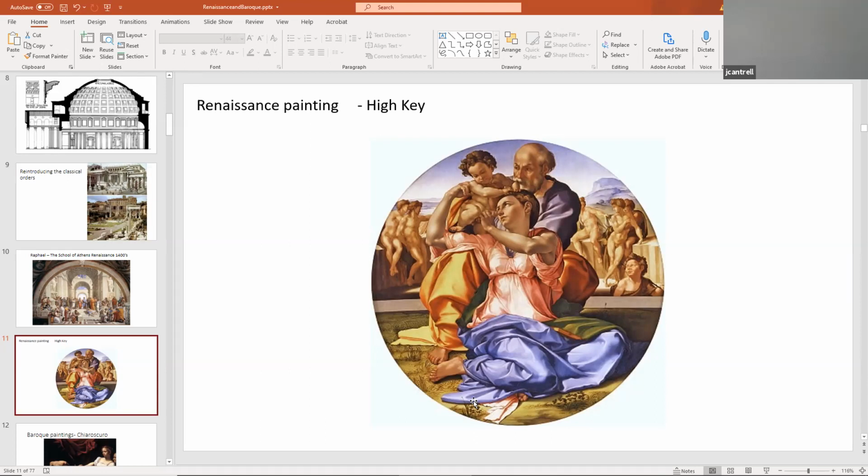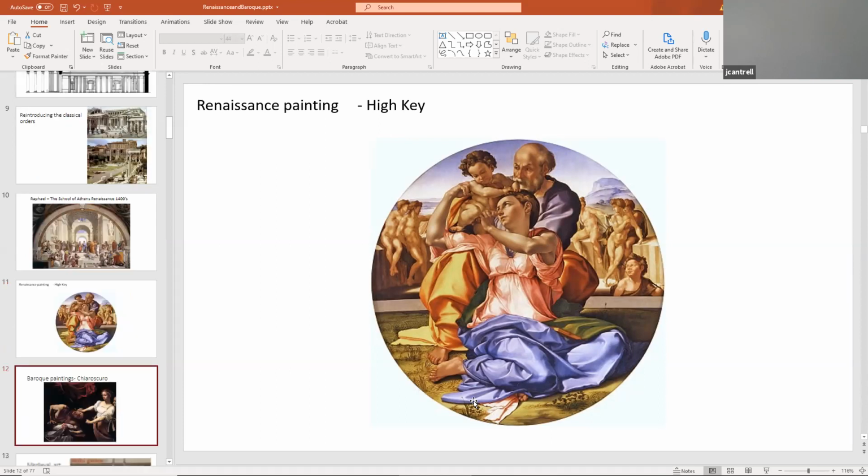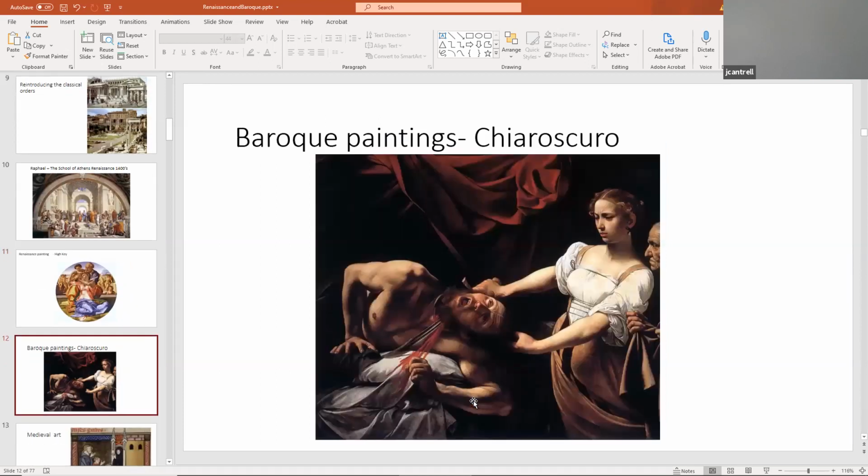Modeling is a term that establishes the light and, of course, the dark side of some of the figures, the hands, and definitely the face. Then later we can get into Baroque painting and architecture. Things are dark. We're using a very dark color scheme. We're using chiaroscuro, which means intensity of light and dark.